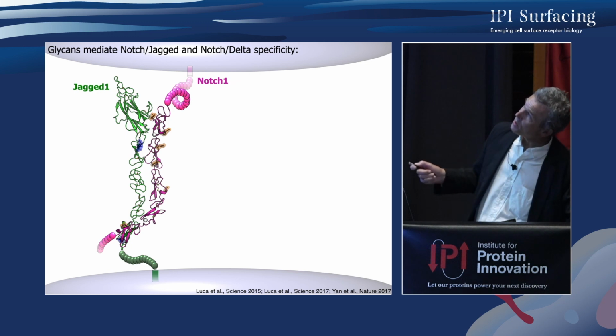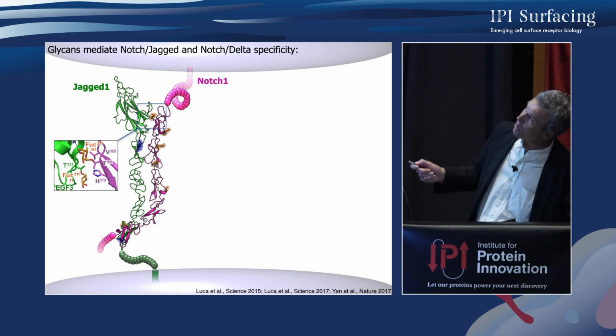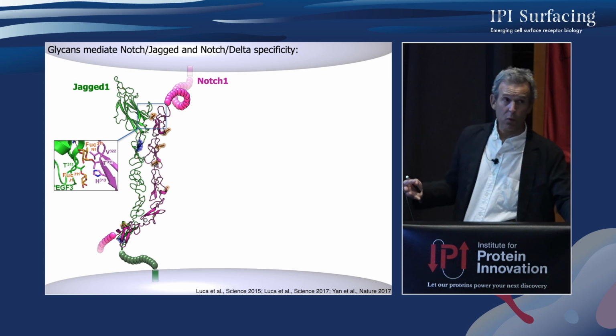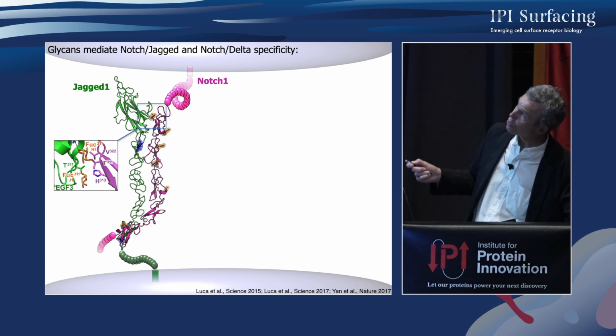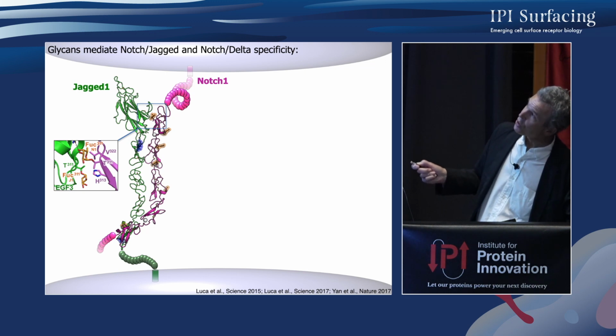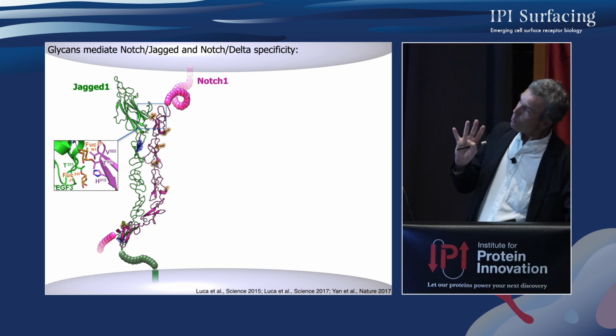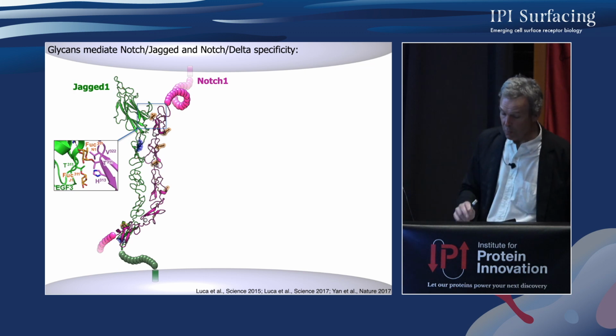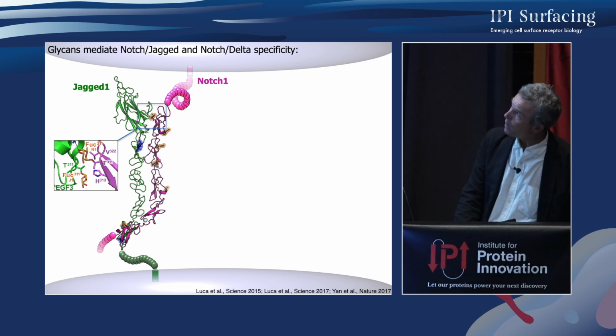One of them is that Notch is glycosylated, and this developmentally controlled glycosylation is one of the ways that it regulates its affinity for its ligands. These glycans act as surrogate amino acids in the binding site to tune the affinity for different ligands. But the interesting mechanistic insight here was that we worked with the biophysicist Cheng Zhu